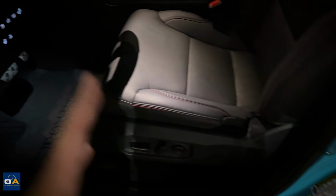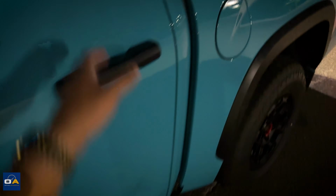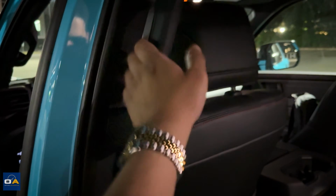So now we're gonna head into the back seat, see what things are looking like back there. Now on the TRD Pro, the back seat is the CrewMax configuration. So you can see we have the really big back seat. So the driver's seat I have adjusted for myself. In my driving position, I am 6 feet tall. So coming over to the back, again, you got that handle right there, kind of needed because it is quite a high step. In the back, we don't get the marker light at the bottom of the door like we do up front there. So now hopping in,